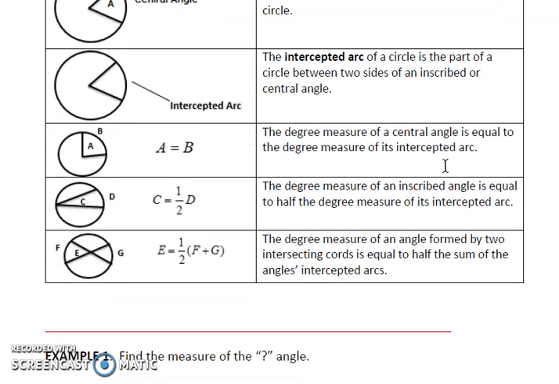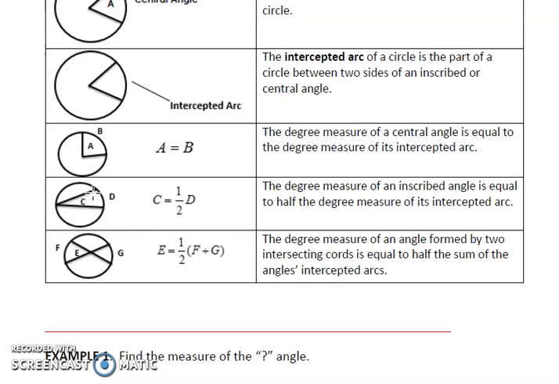The degree measure of a central angle is equal to the degree measure of its intercepted arc. So the degree measure of this intercepted arc is the same as the degree measure of the central angle. A equals B. The degree measure of an inscribed angle is equal to half the degree measure of its intercepted